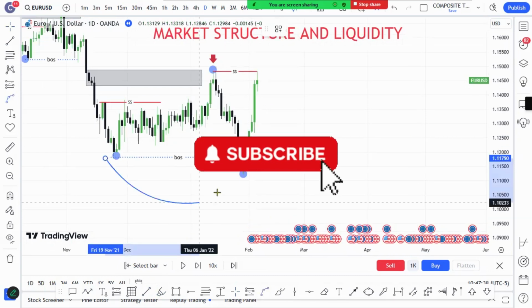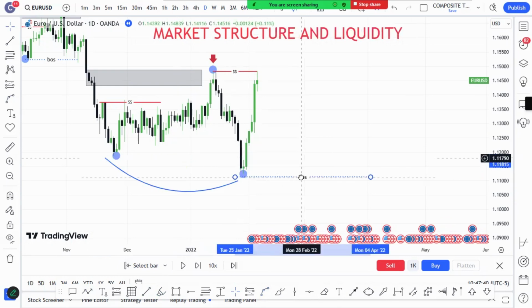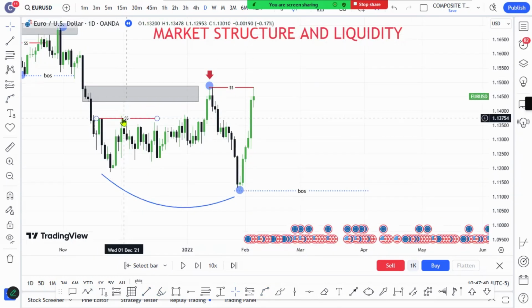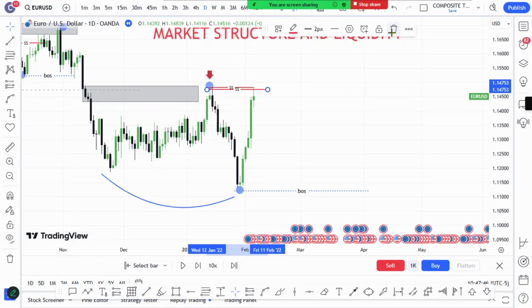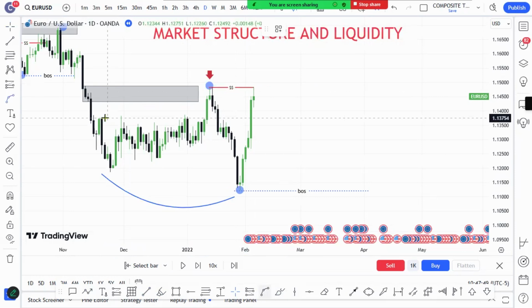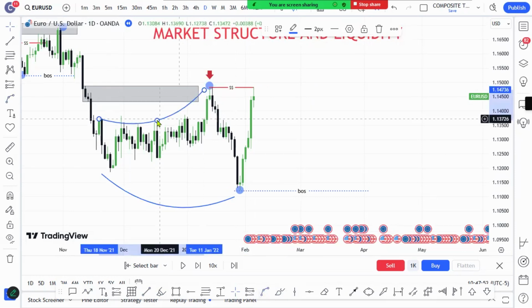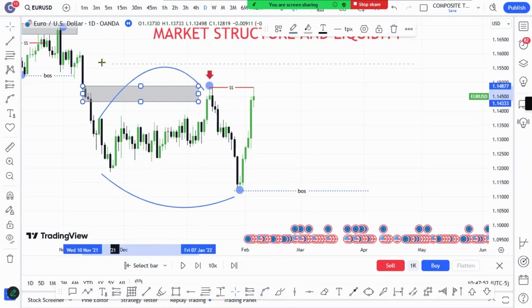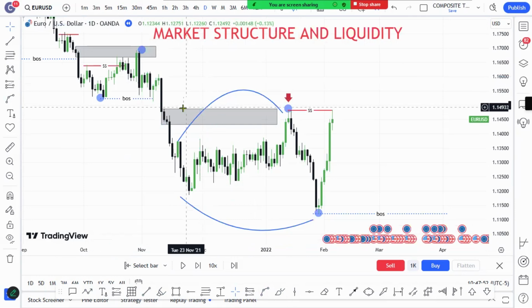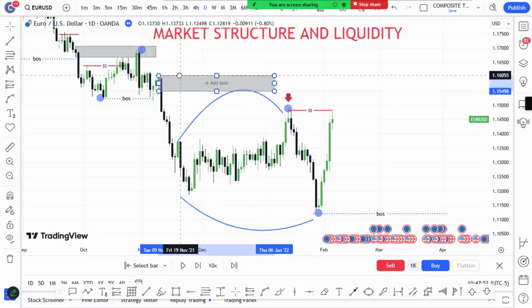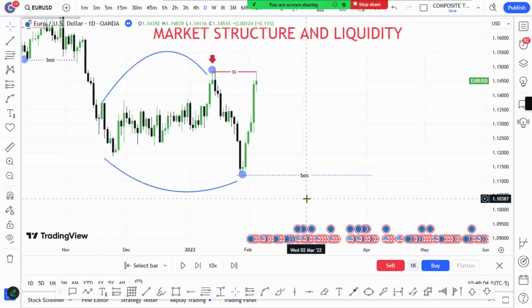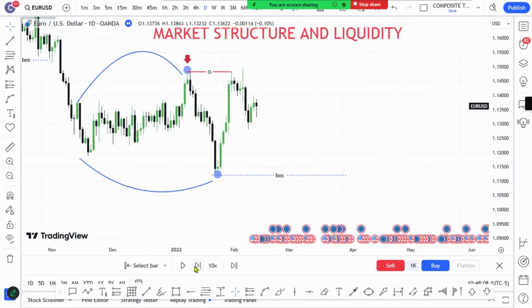This means that this break of structure will come here like that, and this one you remove. And the inducement that was here is the one that you bring here. So you just did what you call a liquidity transfer to that particular high. And now you don't have a supply. Maybe now your supply is around this zone, which has not been mitigated. So we want to see the price pushing to the downside and breaking the structure.